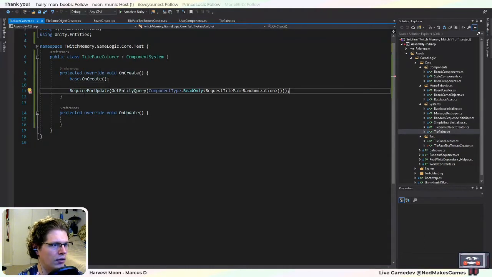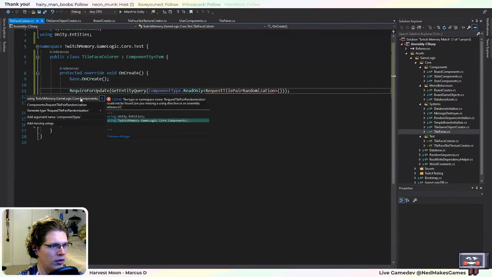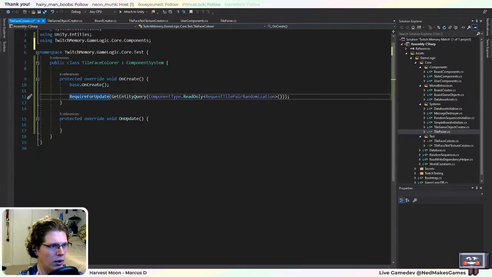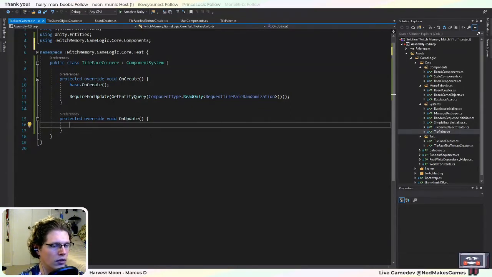So in order to do that, we just gotta create a query for this request tile pair randomization, and then require this query to contain, well, if we ever pass any query to this require for update, Unity will only call on update on the system if there's at least one entity that matches the query, which for us, we only care if it has this component. So on the actual update, we'll just do something like,